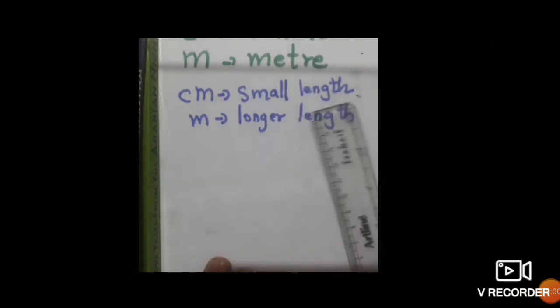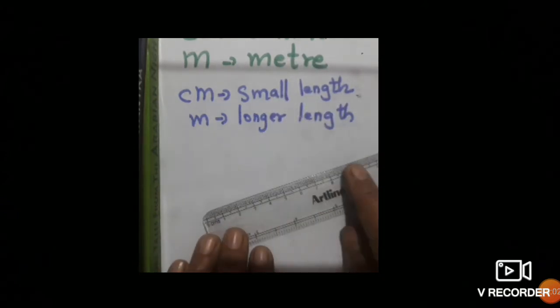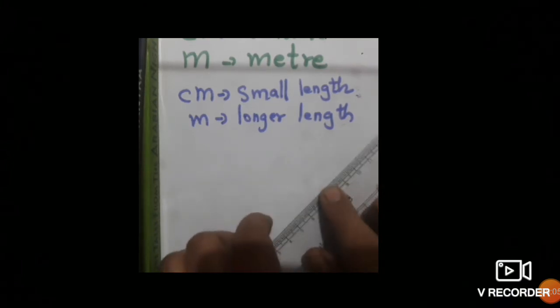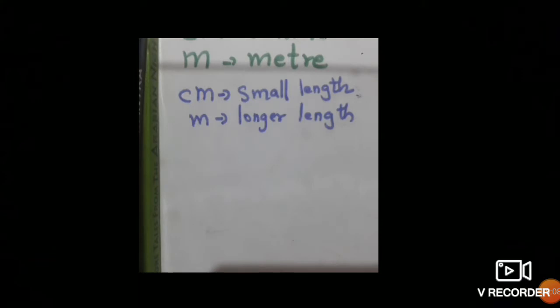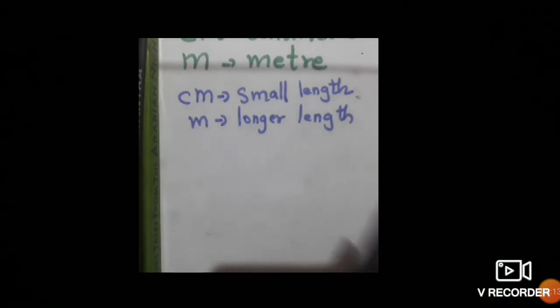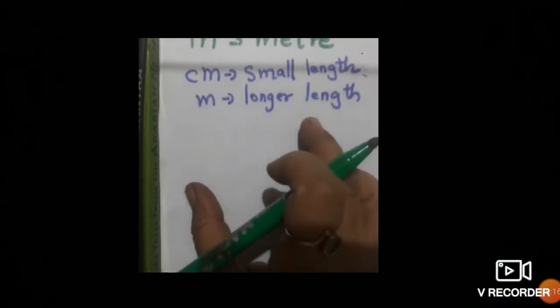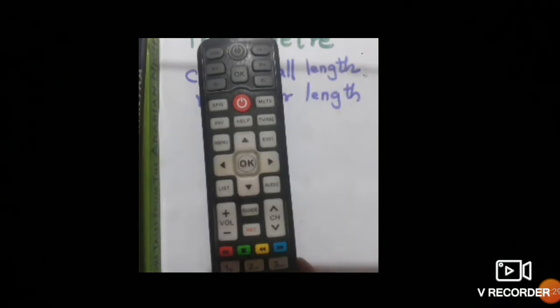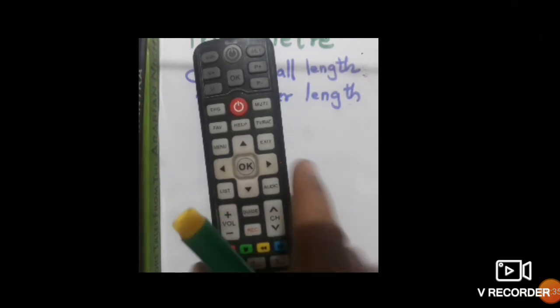Okay children, this measurement of ruler we will be teaching you later on beta, length and all. So I'll begin with the diagram. For centimeter you have understood, for the smaller things we have to use the centimeter. For example, you want to measure your remote. Okay, so you can use the pencil, you can use the crayon, you can use the small pens for the measurement. Try to do this beta, you will really enjoy this. Different objects you take and you do it.